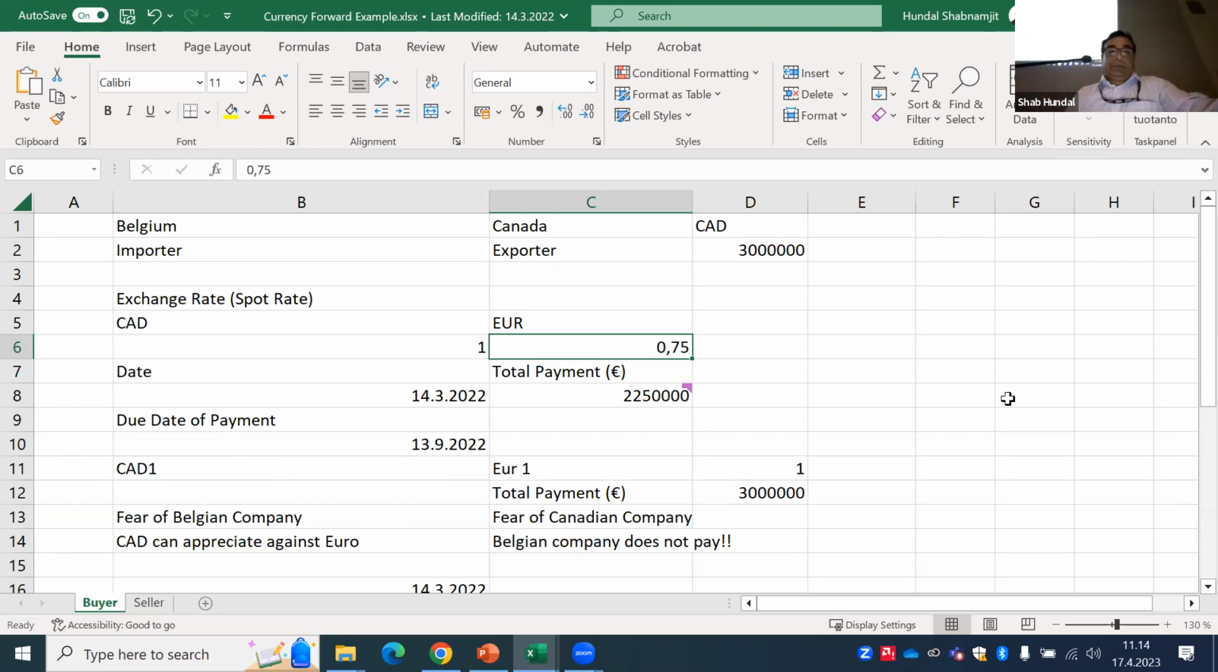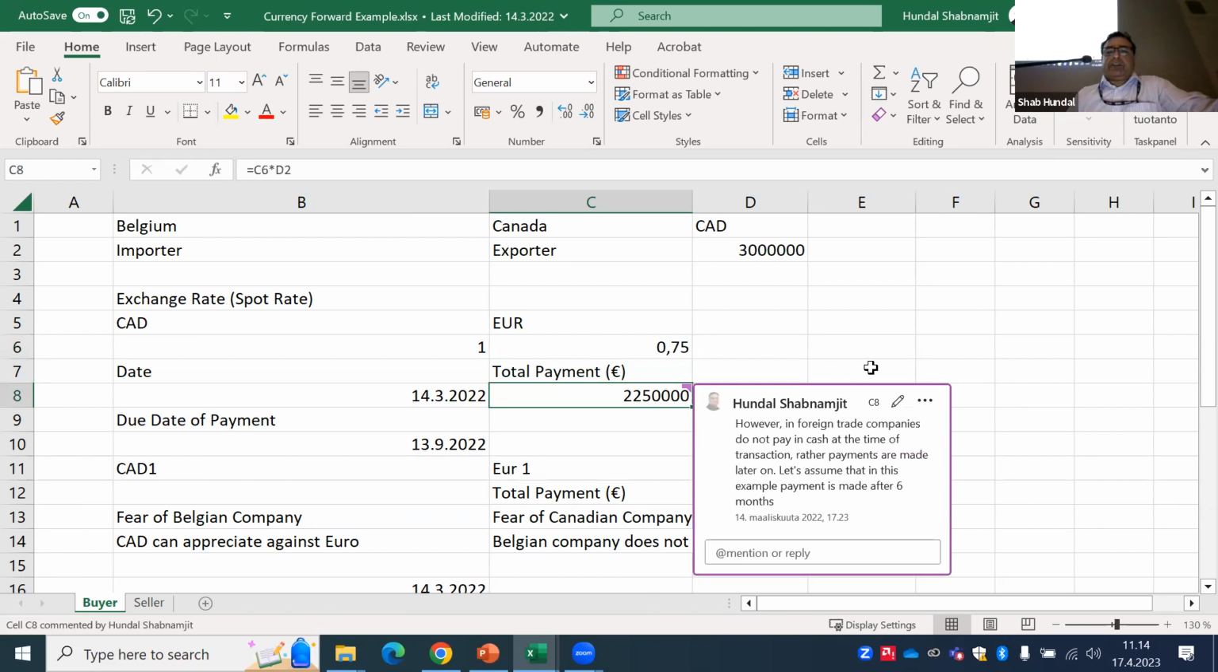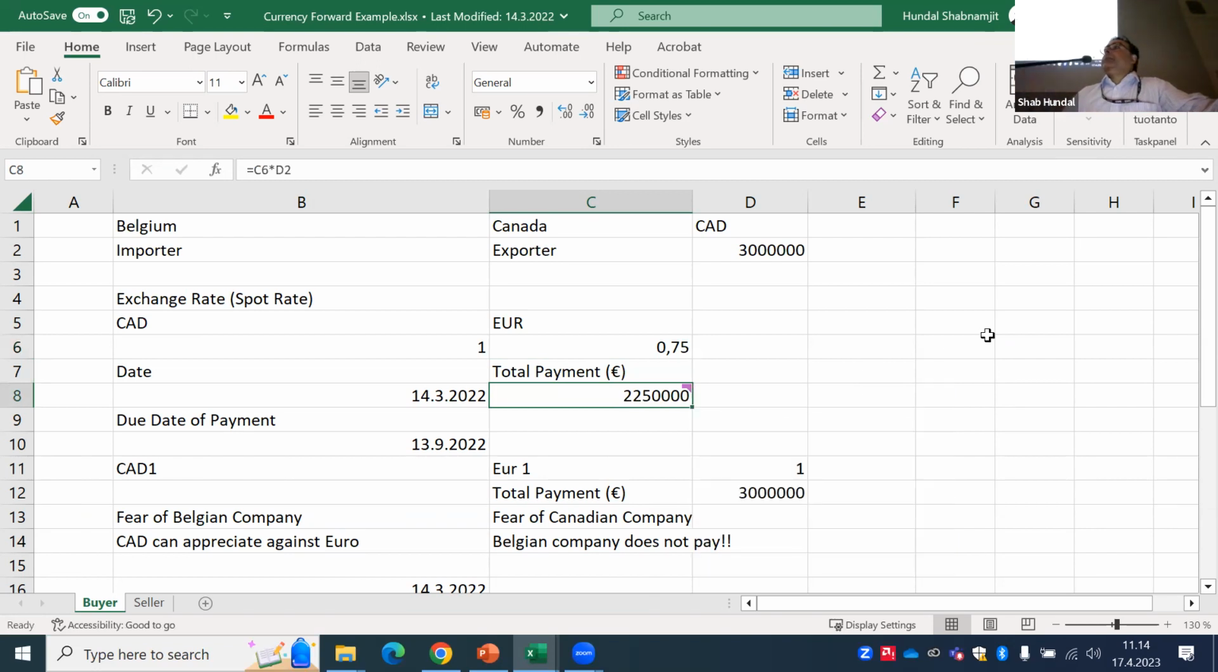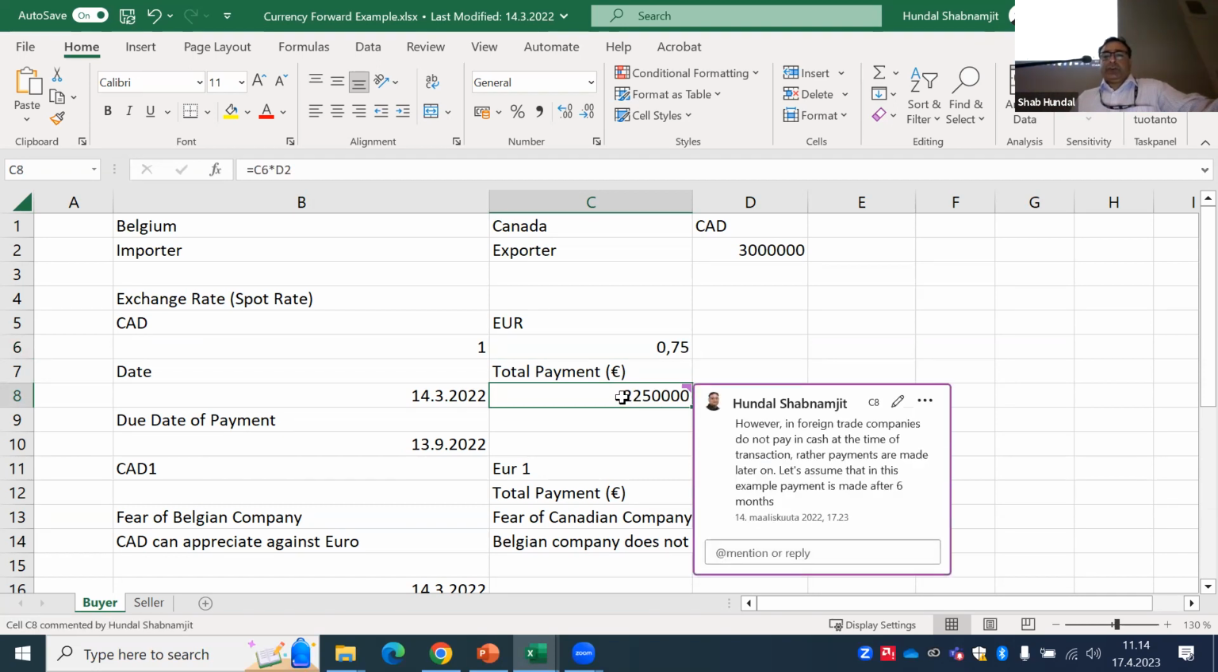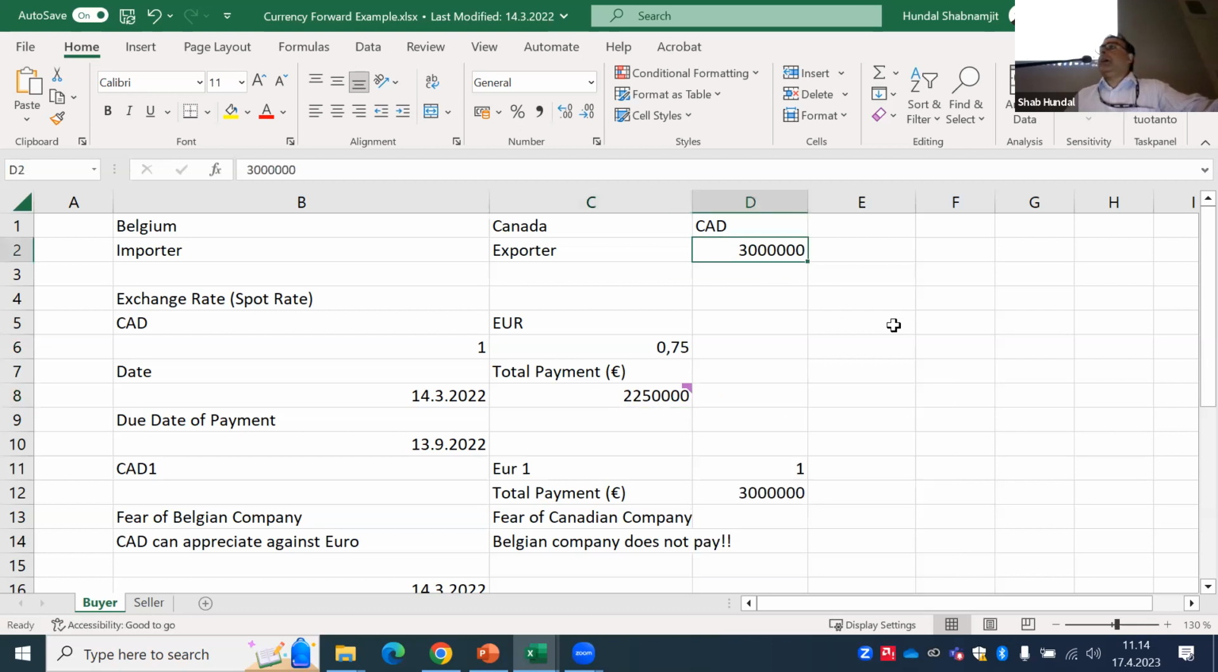Now, if you have to make a payment right now, on the spot, you will simply go to the bank, you will pay them 2.25 million euros and get $3 million. As simple as that. But that will happen in the spot market. Why will you not do it? First of all,